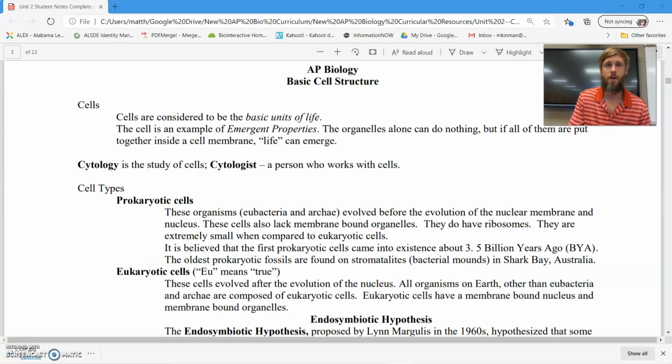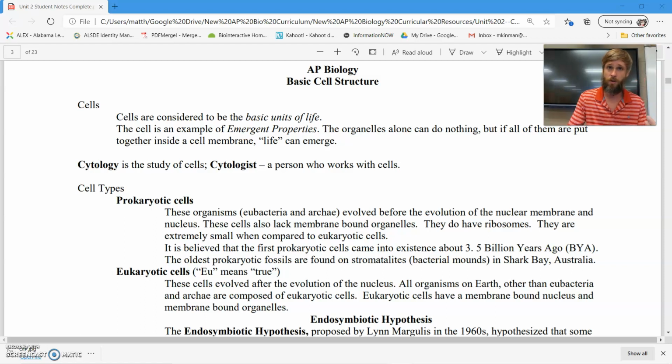So the question that is on your mind right now is, what are cells? Can you answer that question just from your own brain? Cells make up everything. They're the structural units of all life. I just read that from the notes, but it was also in my brain. Some organisms are made up of only one cell, which is unicellular. Some are made up of many cells, like me. I'm made up of trillions of cells. I am multicellular.